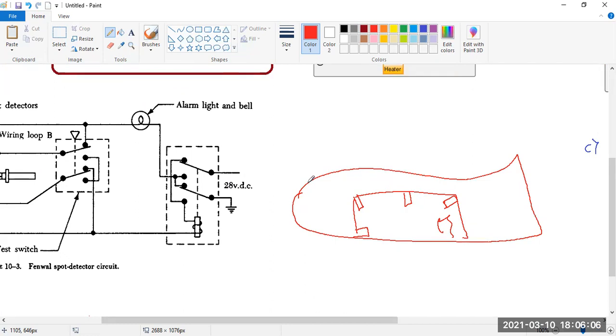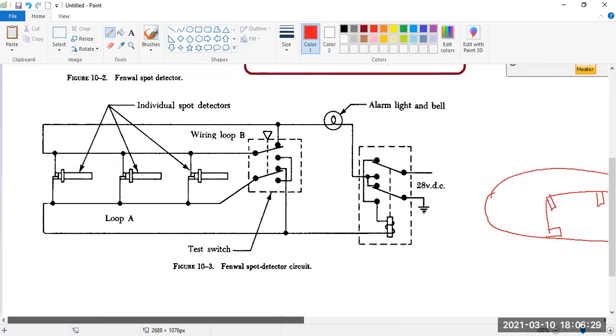So what we do is we treat this entire section as a single section. The whole cargo compartment, a single section. If there is a fire, it will be indicated that the cargo compartment is on fire. We will extinguish it by releasing the fire extinguisher in the entire cargo compartment. Understood this? Now, naturally, there are more than one detector, so you should connect them. So this becomes your first DGCA question that is asked.